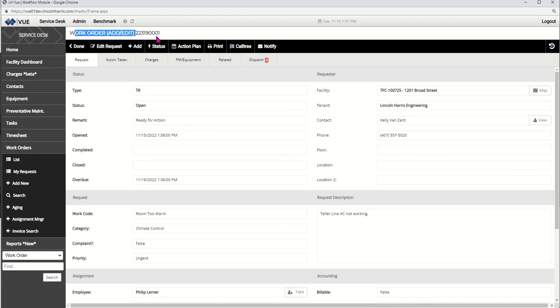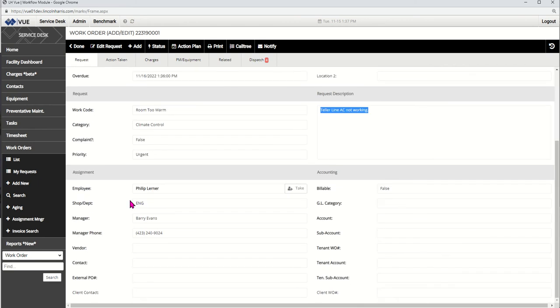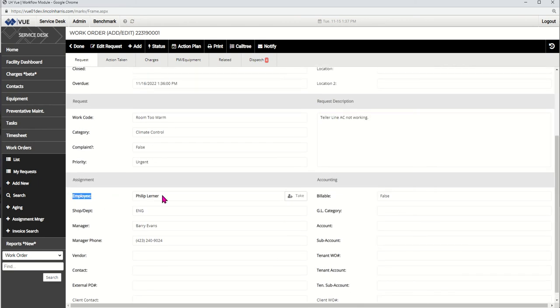We're in the work order add edit page. This is the work order number. You've got the request button here. So in this scenario, the teller line AC not working. Let's say the engineer, Philip, goes out